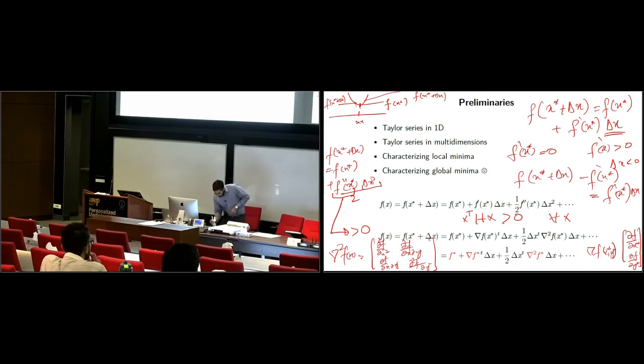And we already saw why we need this kind of property, that for all delta x this quantity should be greater than 0, because in order for it to be a minima, we have to ensure that in any neighborhood around this point, the value of the function should increase, otherwise it would not be a minima. So these are just some simple tricks that you can use to get used to the idea of how these optimizations mostly depend on the first and second derivatives, the gradient and Hessian, so you don't need to go into quite a lot of complexity.